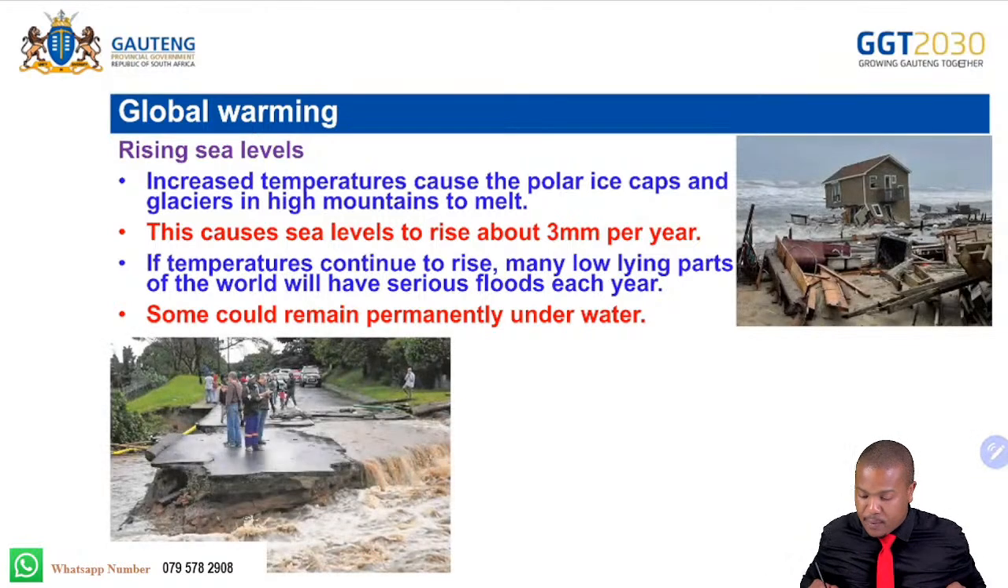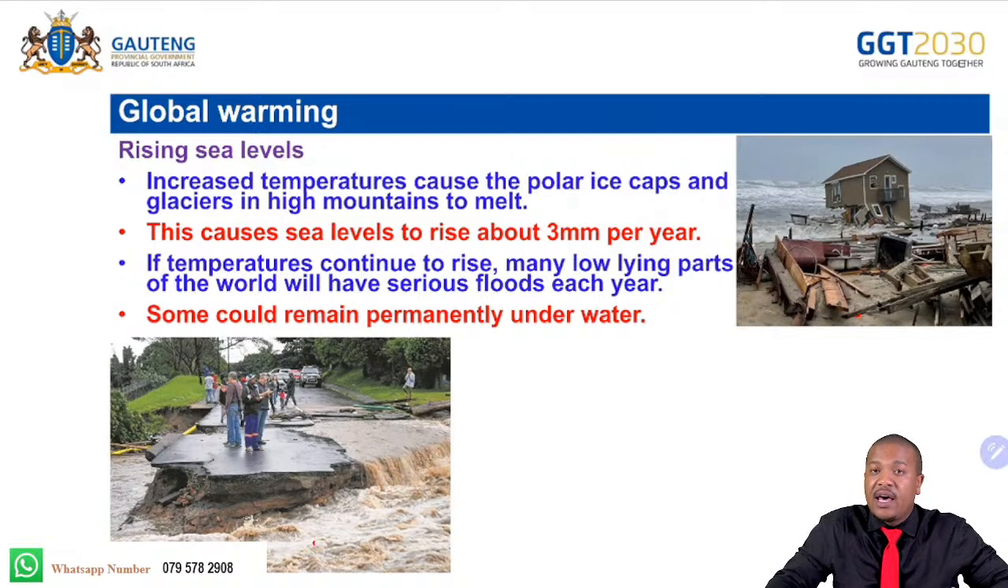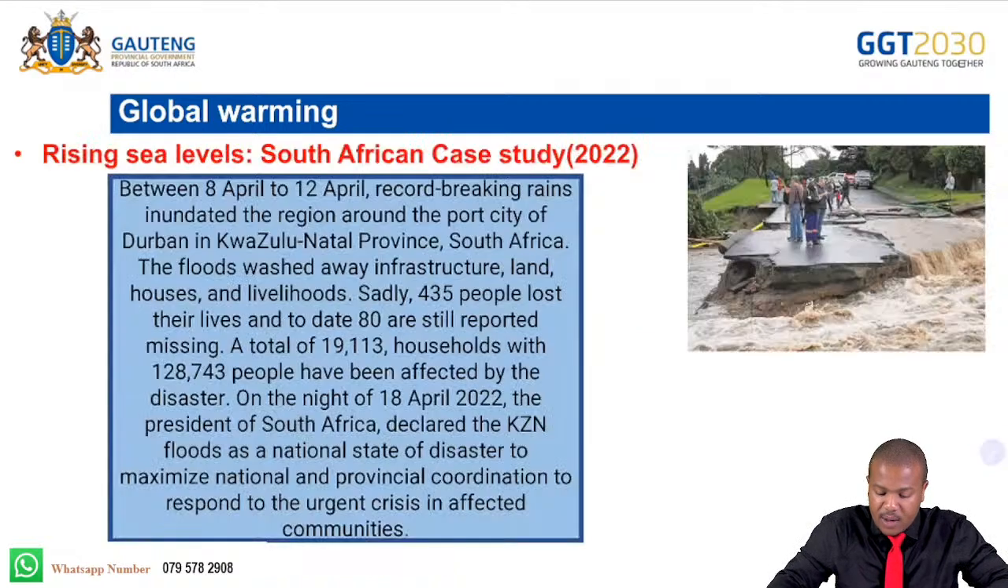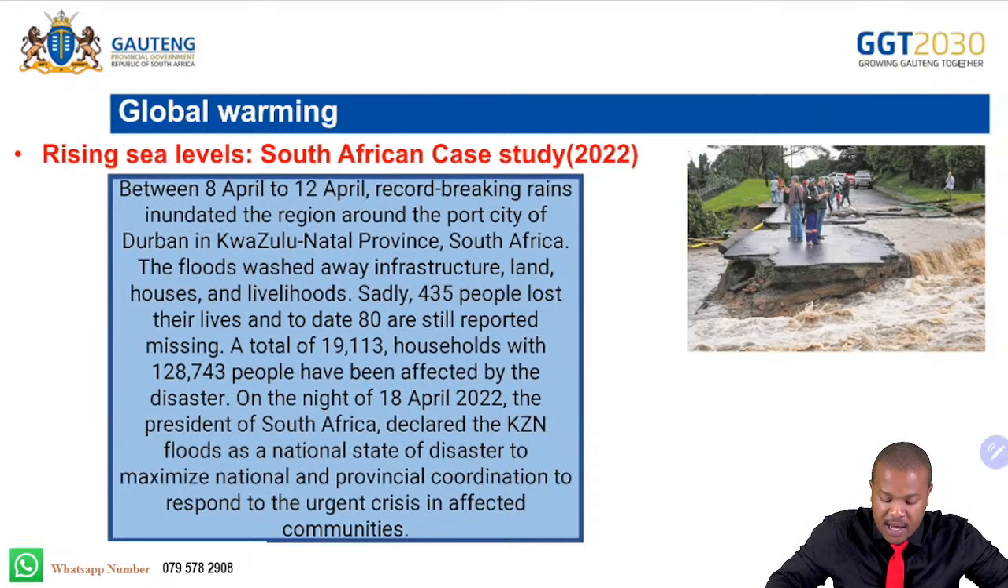So looking at this example, we have some flooded places here, right? And this picture here comes from a case study in which we had an incident in KwaZulu-Natal in the previous year, which is 2022, right? So here is the scenario. It says that between 8 April to 12 April, right, record-breaking rains inundated the region around the port city of Durban in KwaZulu-Natal province, right? The floods washed away infrastructure, land, houses, and livelihoods. Sadly,